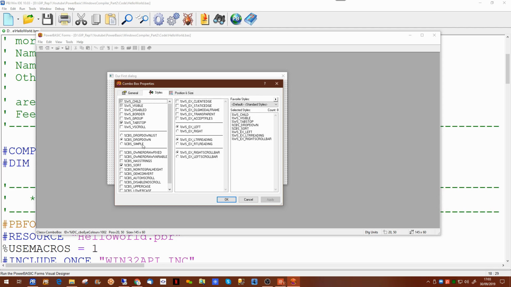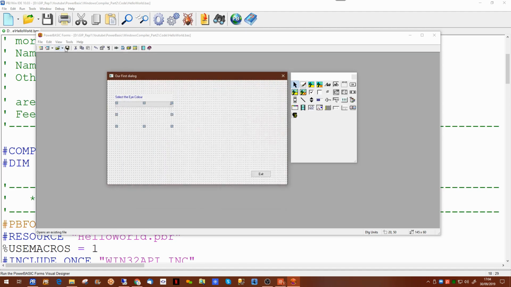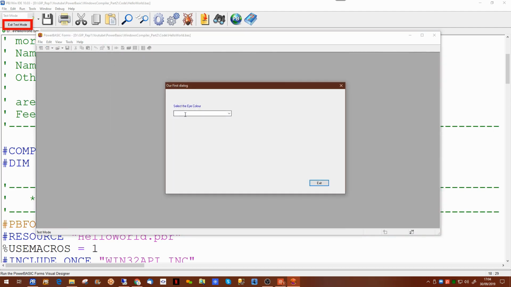There are three basic types of drop-down. The drop-down we've got selected at the moment is a combination of a text box and a drop-down list box, hence combo box. What that means is if we actually ran the program again now, just in our test here, it means not only can we pick from the drop-down list, but we can type in to the drop-down list. Now this may be functionality you actually want when you want a user to actually input a value that's not on the drop-down. But if you want to restrict them so they can only pick what's on the list, then